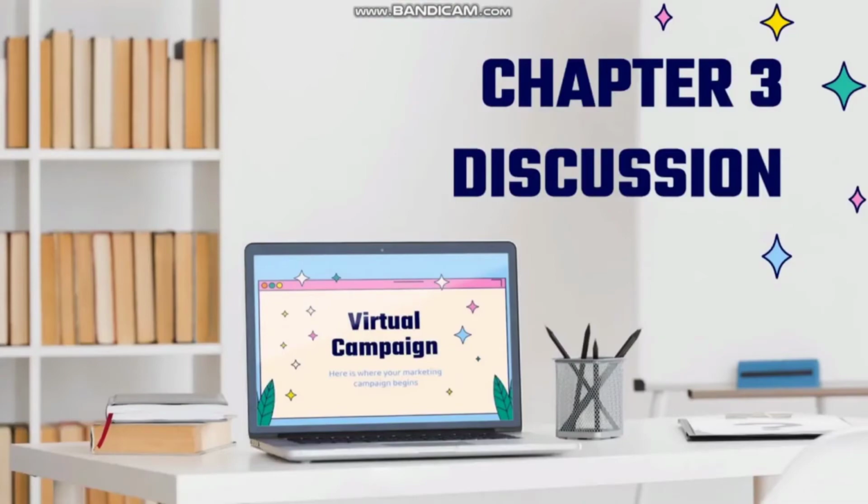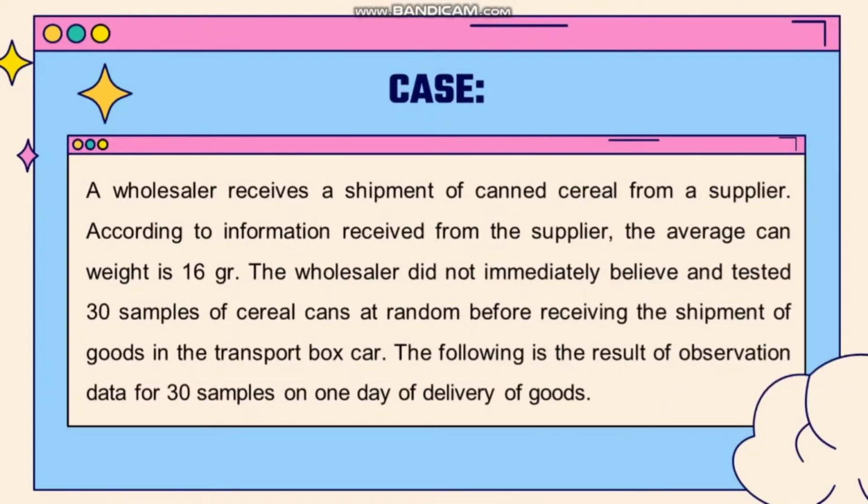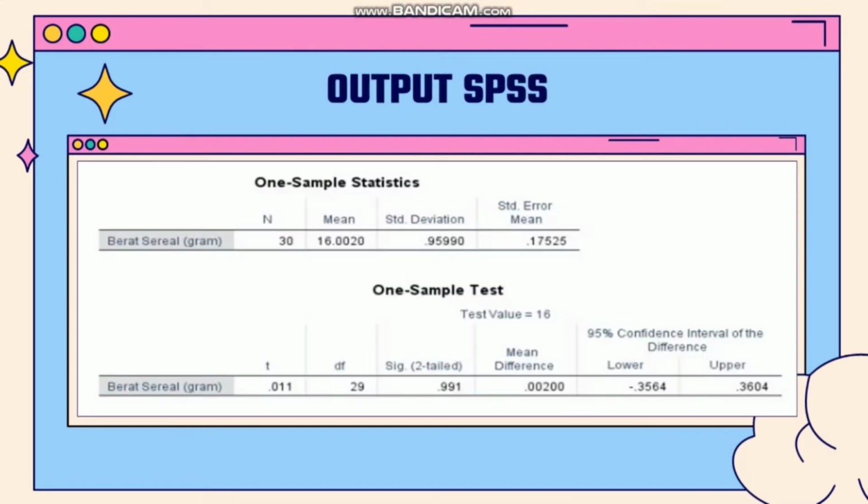Chapter 3, Discussion. From this case, we will find out whether the results of the SPSS and the results of manual calculations are different or the same. Based on output SPSS, there are two tables. From the one sample statistics table, we get N is 30, mean is